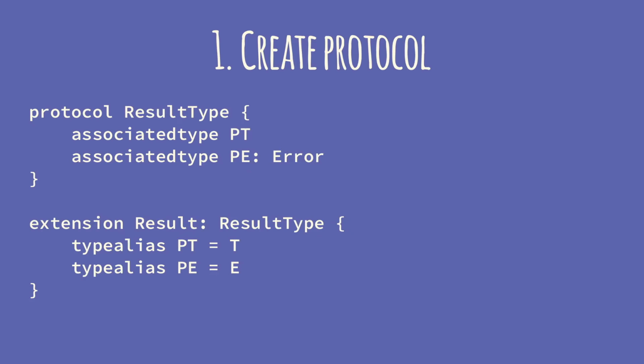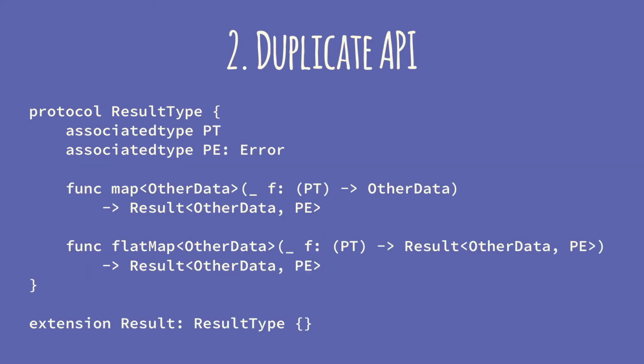You do have a result type. And for result, you can just write the protocol. ResultType, this is the protocol. The actual type is called Result. And Result is of T and E, as we've seen. We are just putting the associated types here and linking the associated types and the generic signature here.